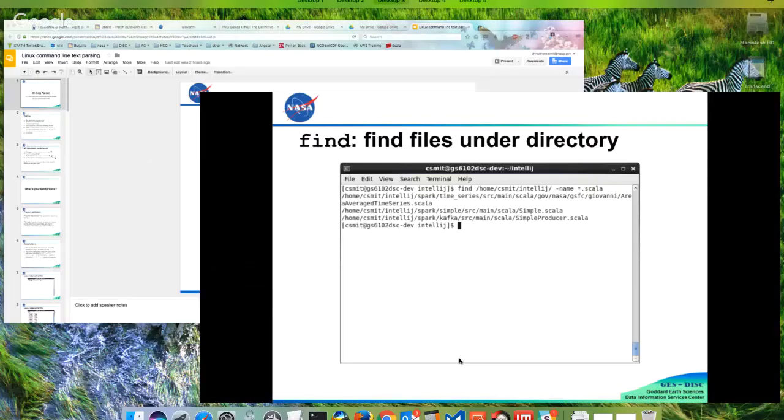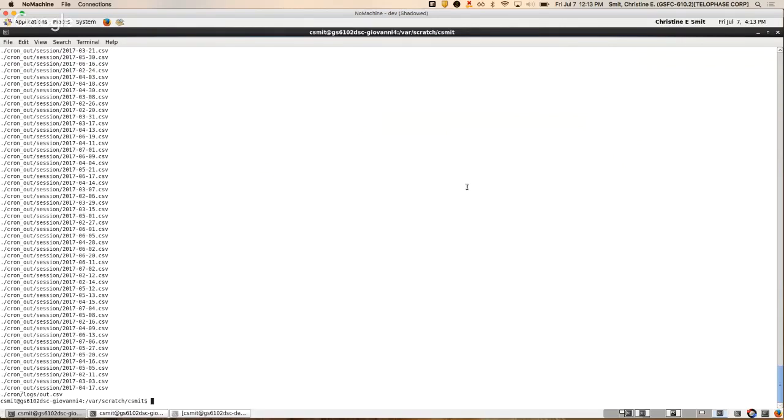Find. All right. So let me get this out here. Find is for finding files under some directory. So if you're at, say, a top level here, I can do find space dot, which means look in this directory, space -name star.csv. And it shows me all the files that fit that pattern. This is extremely useful when you're digging through a big directory. It takes some time if there are a lot of files.